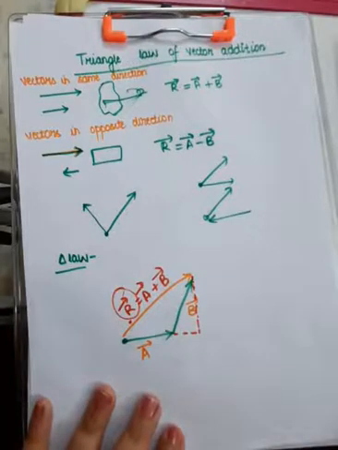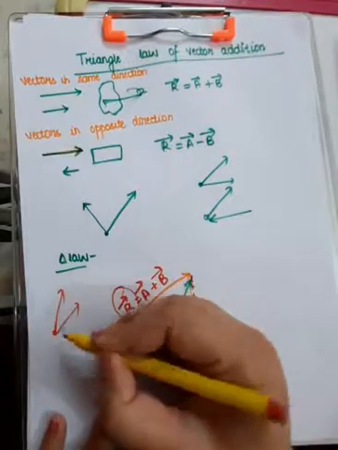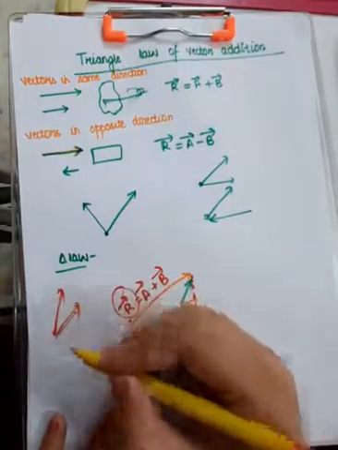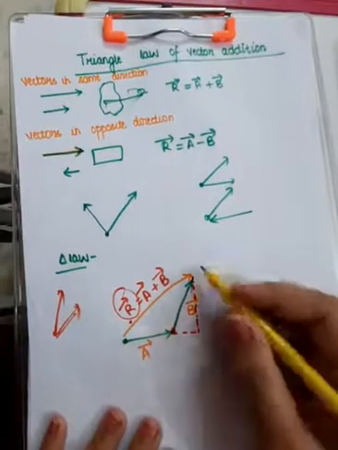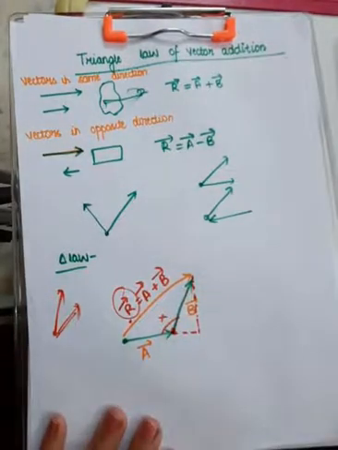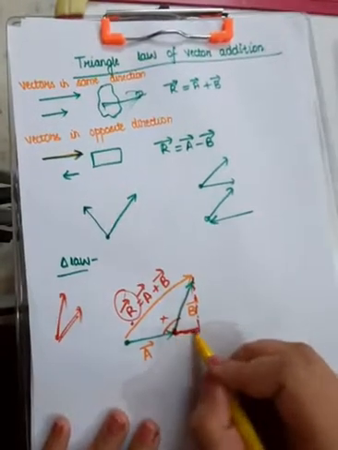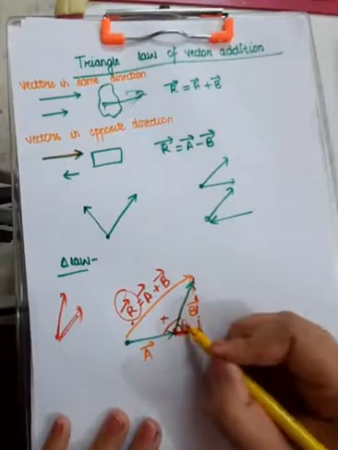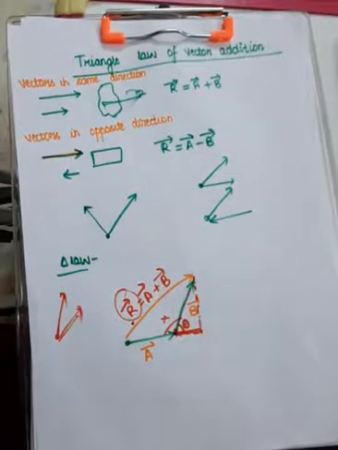Okay. And one more thing, the angles are always measured like this when two rays are emerging from the same point. Here, this is the point and two rays are not emerging from the same point. So this cannot be the angle between A vector and B vector. Rather, the A vector can be extended like this, in its direction, and this will be the angle between A vector and B vector. Let us take this angle as theta.